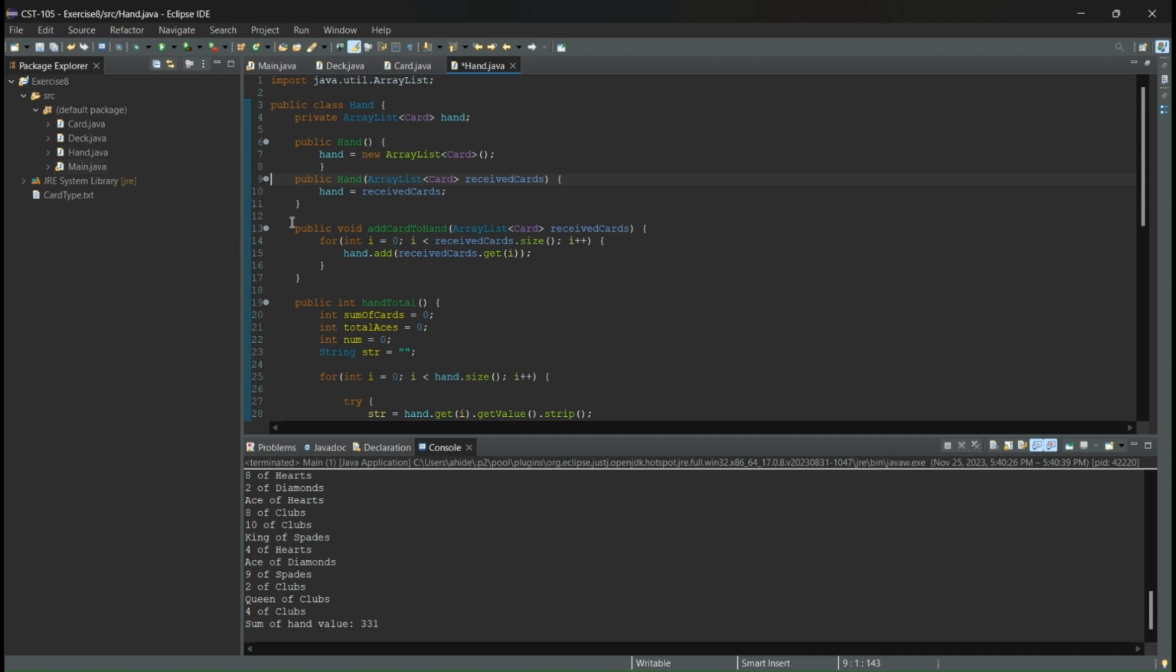And line 13, right there, is a public add card to hand method with no return, with a parameter of array list of cards with the name received cards. In line 14 is a for loop, and we loop until we reach the number of cards given. Each one gets added to hand. And then in line 19